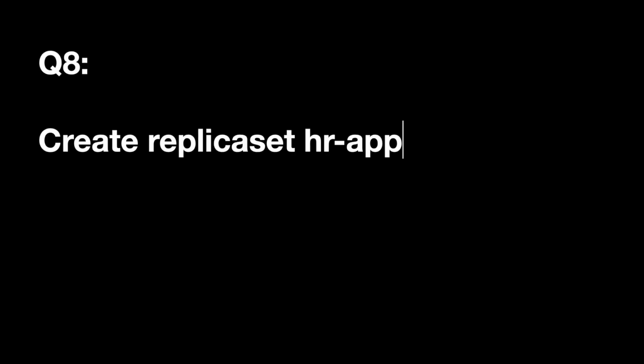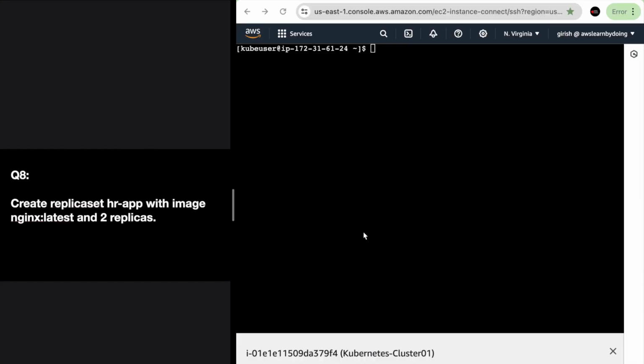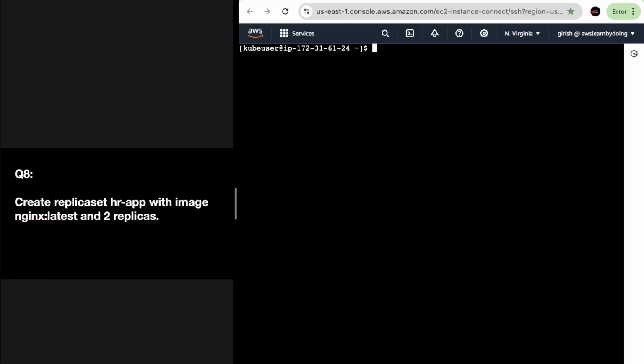Question 8. Create ReplicaSet HR app with image NGINX latest and 2 replicas. So let's see how to create this. First of all, you cannot have a create command for ReplicaSet from the command line or imperative way. Instead, what you will do is create a deployment, create a YAML out of it, and then change it for ReplicaSet. Okay, so create